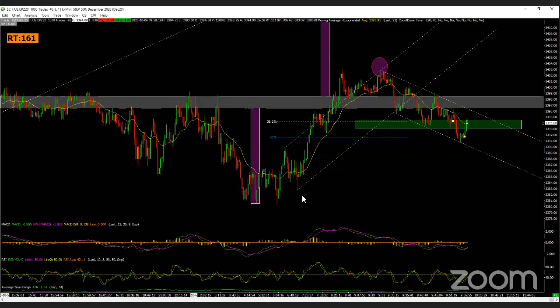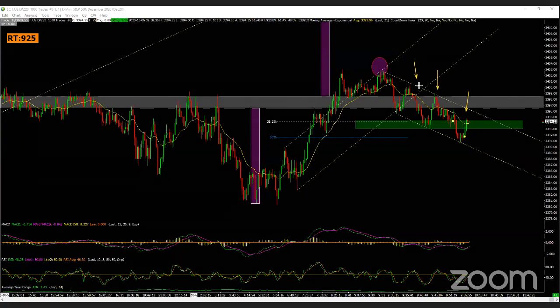So the pattern in itself is still into play. The problem is we just keep on collapsing, right? Every time we cross over, the sellers take over the market and keep on pushing it down. So for that reason, we have to be very careful. For myself, I'm still going to wait a little bit, see if it pans out a new pattern or something. But right now, it's just not decisive anymore, a bit too volatile for me to feel confident enough to get into a trade.